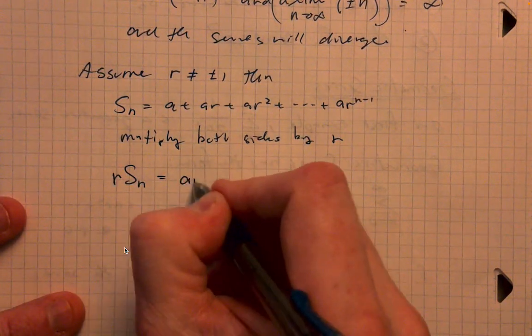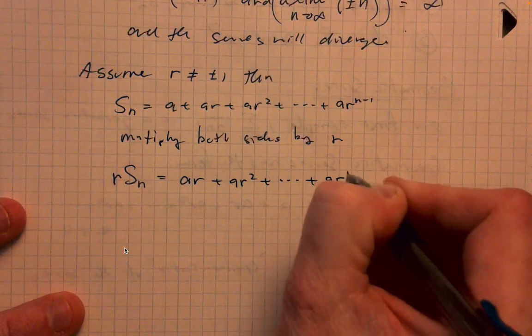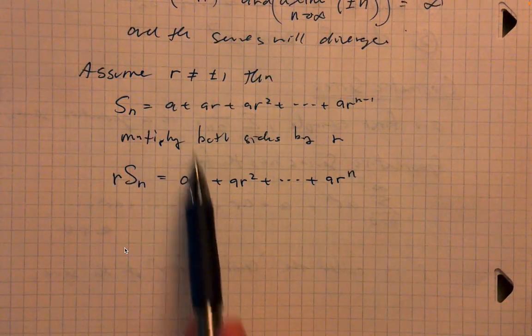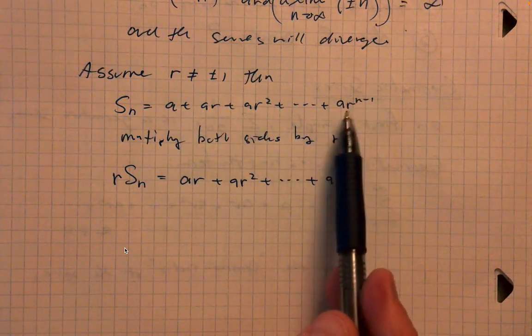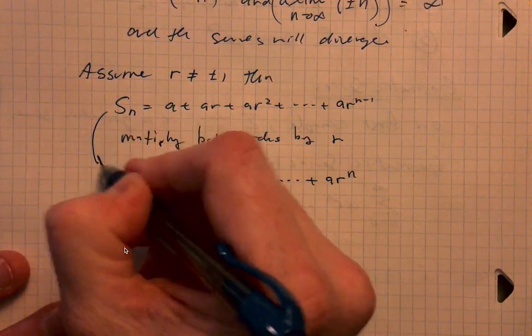So you'd have r times S of n is equal to ar plus ar squared plus dot dot dot plus ar to the n, right? Just multiplying both sides by r. So basically each of the exponents on the r just bumps up 1. So your last term would be ar to the nth power instead of ar to the n minus 1 power. Okay, now if we subtract